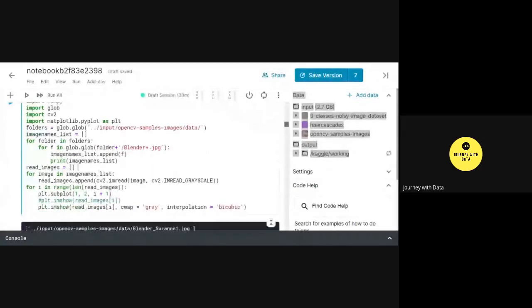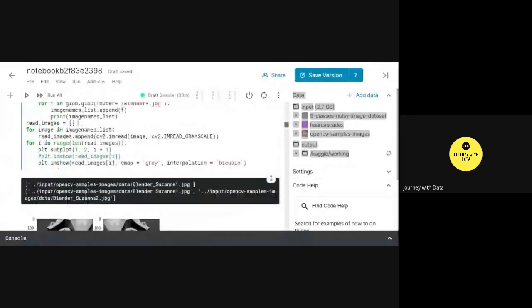So I've created another list, which is read_images. Now, for image in image_names_list, this list contains the file names, as you can see in the output on the black screen: input OpenCV samples data Blender. This path contains two images, 1 and 2, and that's the reason I'm looping through them.